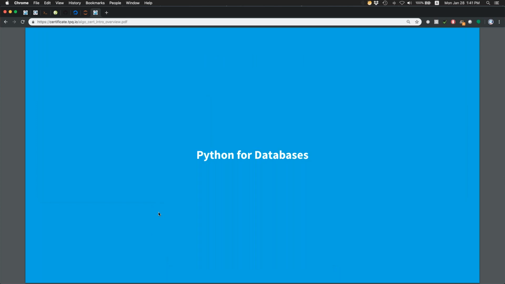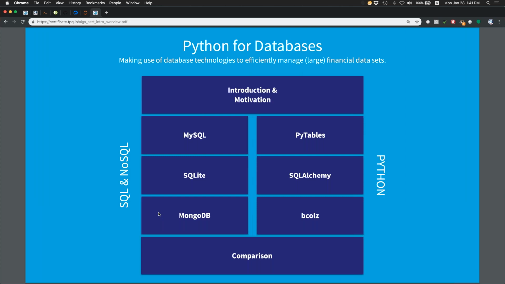Python for databases, also something we have added last year. Here, this is about the use of database technologies to efficiently manage large financial data sets. This is a 6-part class, so 6 sessions there. Python for Excel has 4 sessions, and we cover not only the SQL and NoSQL parts here that are pretty